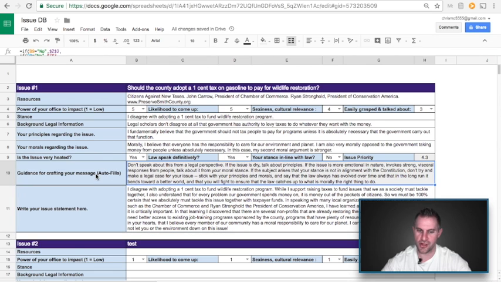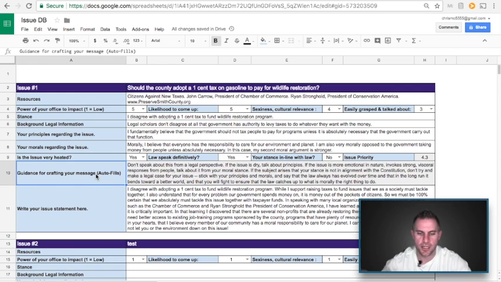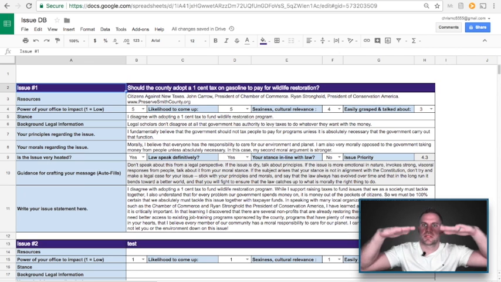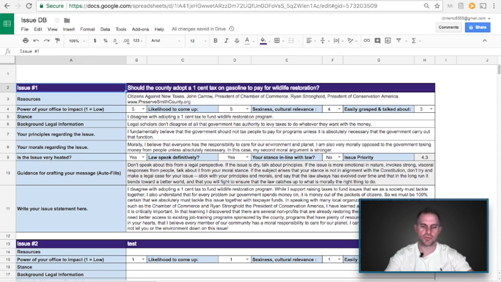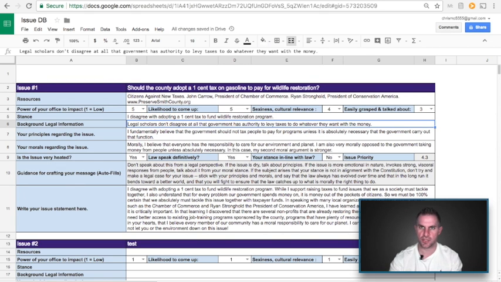Okay, so I know it's kind of heavy. I know it's kind of a lot. You should just practice using this. And we'll use it a little bit more as we move on throughout the rest of this chapter too. In terms of rounding out lesson 2 here, as you're capturing issues, just keep them in this database. You don't have to go through and answer every single one right now and come up with an issue statement for each. That's not really the idea.